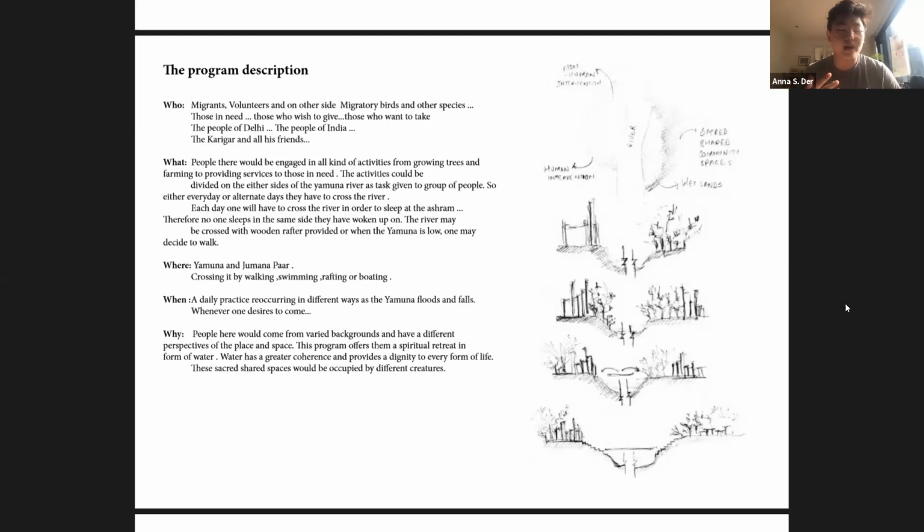And this sort of awareness is the type of thing that we're hoping will encourage people who take this journey to see the river as it is. Is it really difficult to cross because it's so dirty? Is it scary to cross because you don't want to fall into that water? And so maybe this will inspire people to start to clean the river. Yeah, and that's the why. And so if we go to the next page.